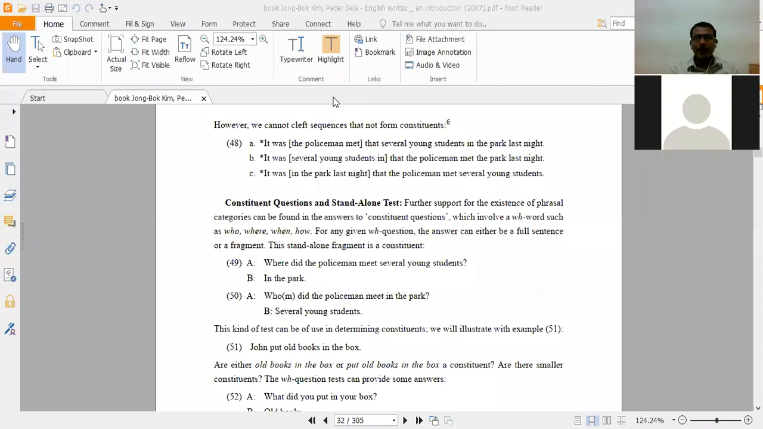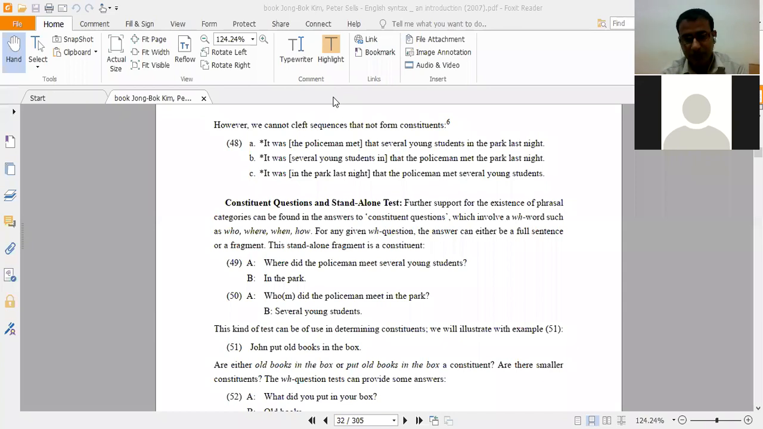Where did the policeman meet several young students? In the park. So it means that in the park is a constituent because it is answering the question where. Whom did the policeman meet in the park? Several young students. So several young students is a constituent. This kind of test can be of use in determining constituents. We will